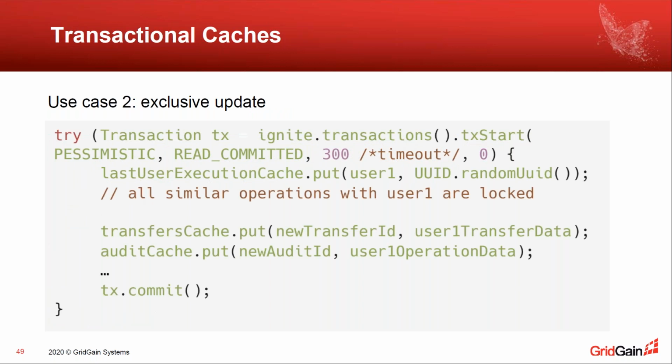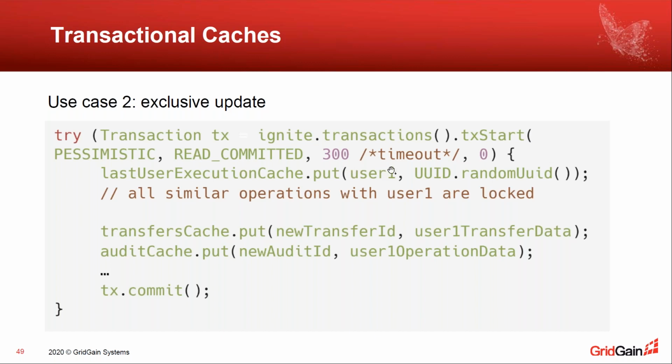is exclusive update. You may want to open a pessimistic read committed transaction, and in this mode, when you perform a write from a put to your cache, the corresponding cache entry will be locked and no one else will be able to modify it. So if you want to perform an exclusive operation with user one, and during this large operation you can update some transfers, you can write some audits on this user, and you don't want anyone else to work with this user, you can perform a put to, for example, a session cache